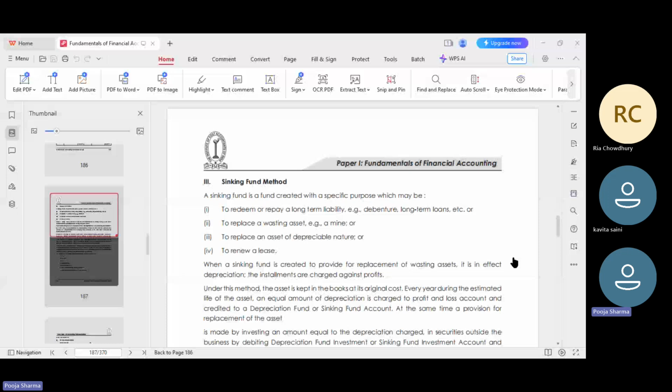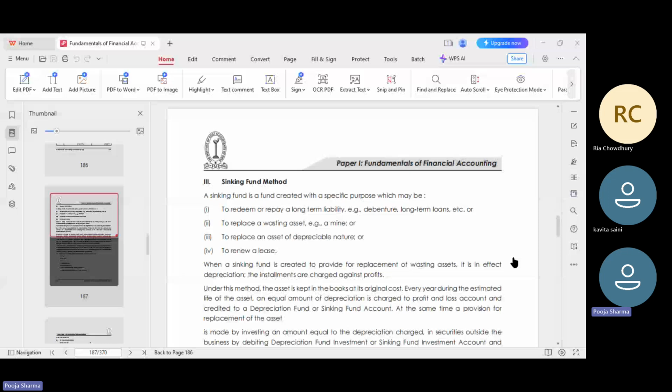Now, fund management: managing the sinking fund may require additional administrative efforts. We need extra planning and extra administrative work. It will also require some cost. So we can't say it has only advantages, it has some disadvantages also. The application of the sinking fund method depends on the situation when we have to apply it.